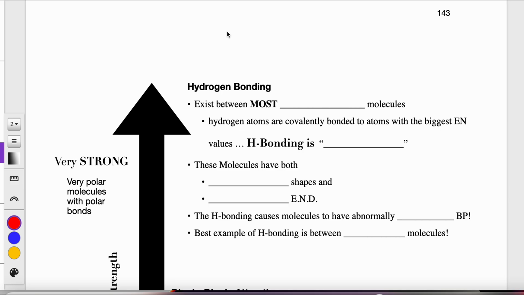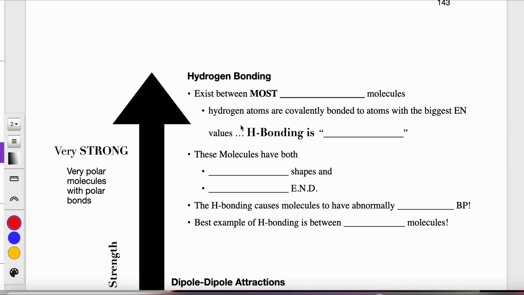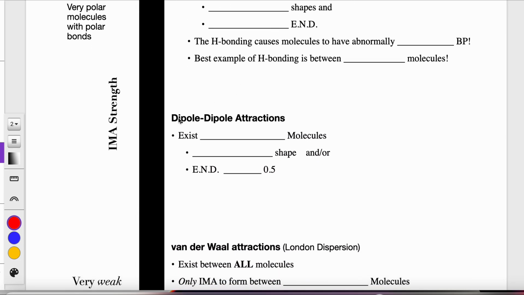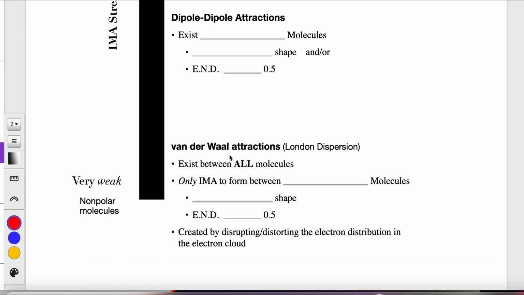More about intermolecular attractions. Intermolecular attractions are the attractions between the molecules. And depending on the strength and the reason behind the strength of that intermolecular attraction, we have three major types. There's one that's called hydrogen bonding. There is a dipole-dipole attraction, and then there is the van der Waals attractions, which are also referred to as